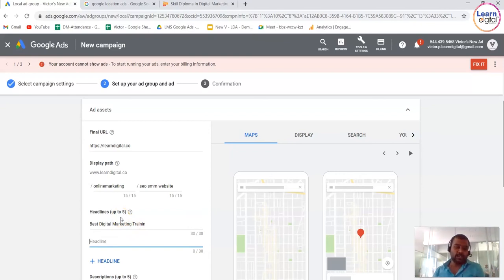Because your first headline might not be that impressive for a conversion, but your second one, third one is really good enough. It's not like Google will be showing all these 5 headlines at a time. Google will optimize and pick the best headline and best description, and it will try to give you the maximum conversion possible.